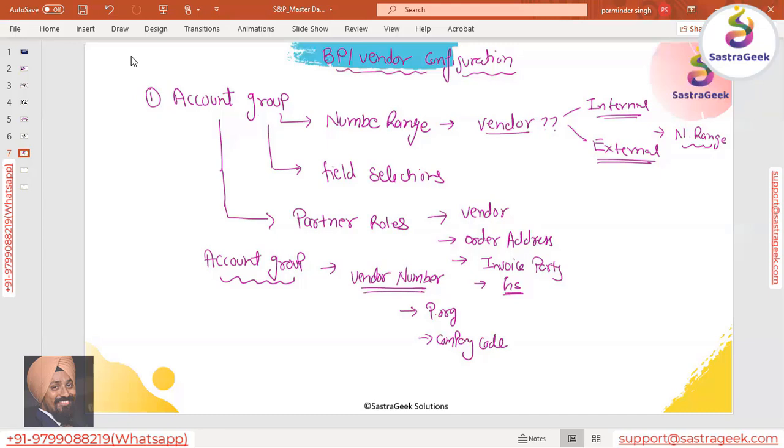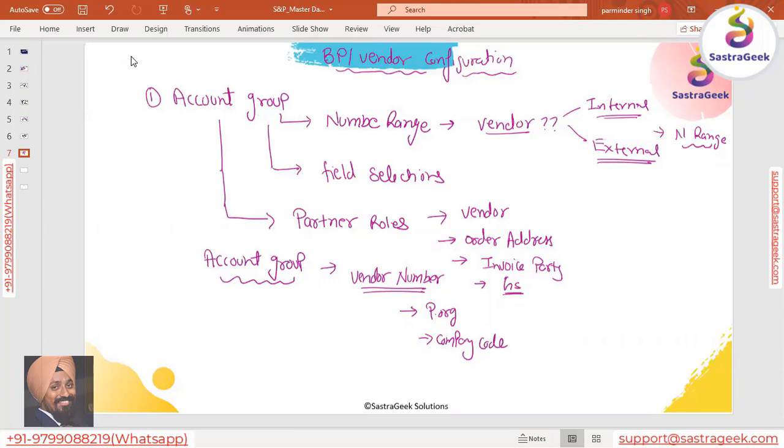Now, what exactly is the account group? You have helped me a lot to prepare this slide, a lot of valuable information. So account group is nothing but a grouping of your vendors, against which you define what number should be given to the vendor when it is created. It controls the numbers.